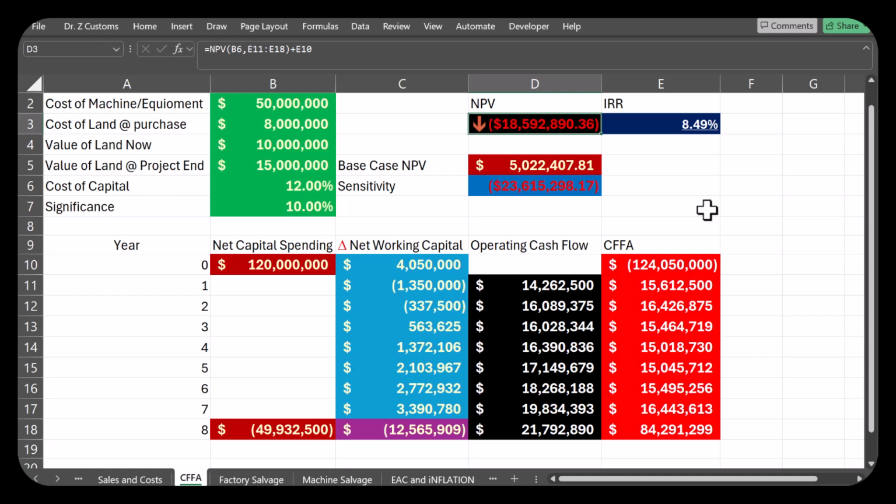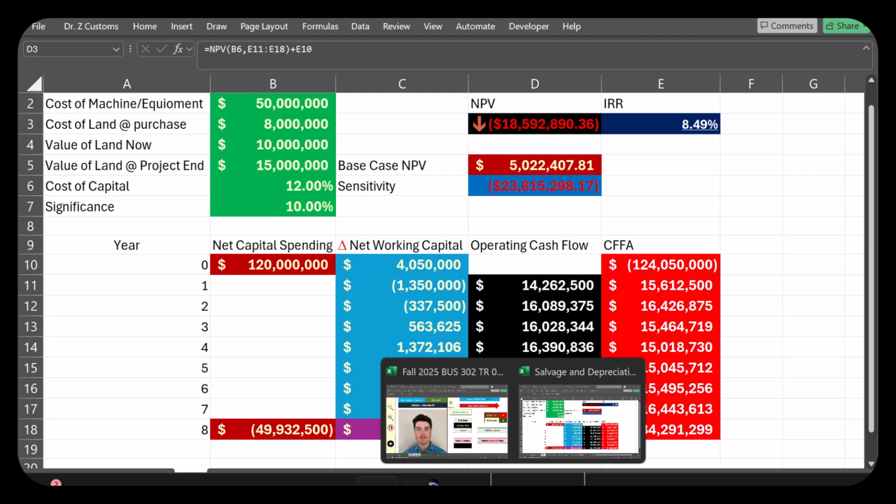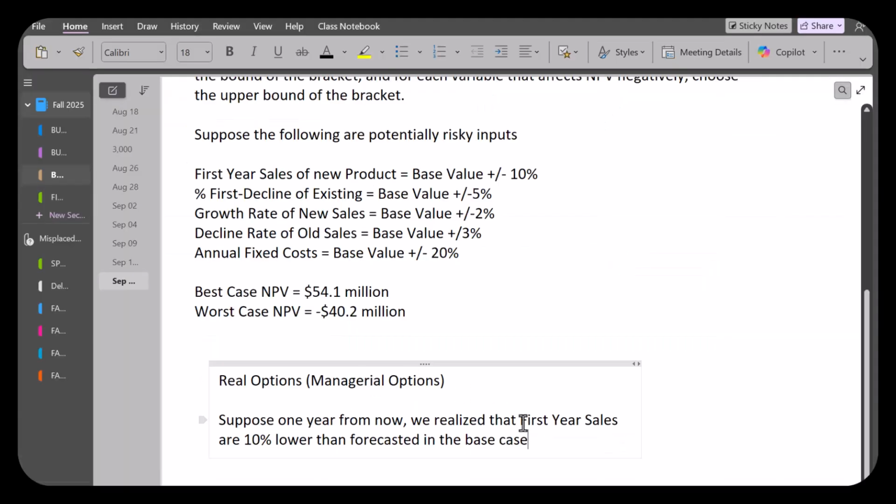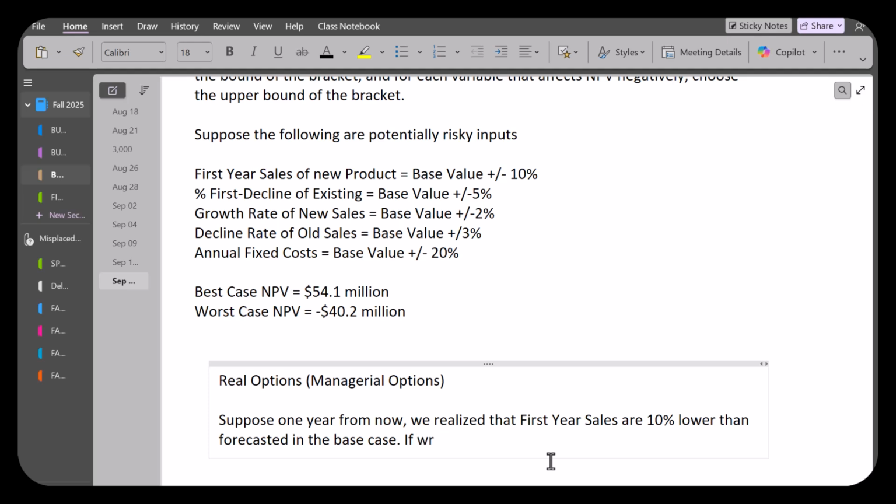Getting out of those commitments may cost you some money. Let's assume that money is $10 million, or let's make it 15. If we choose to scrap the project,